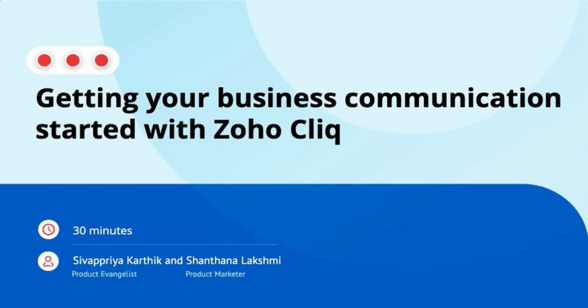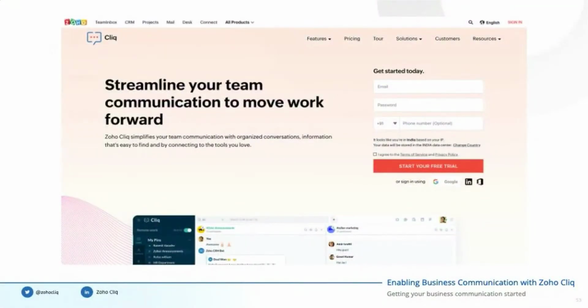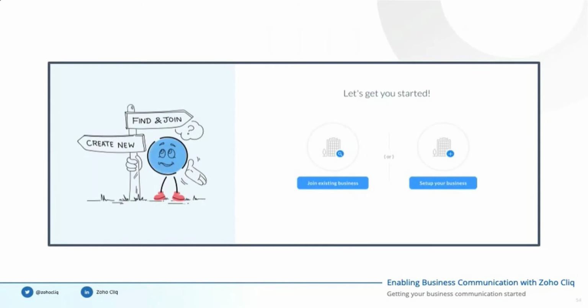The first thing that you got to do to take off on your Click journey is to sign up. The very page that you're seeing now is where you can sign up to be a part of Click. So once you have signed up, you will have options either to join an existing organization or to create one. Once you have made your preferable choice, remote work view is where you will land.